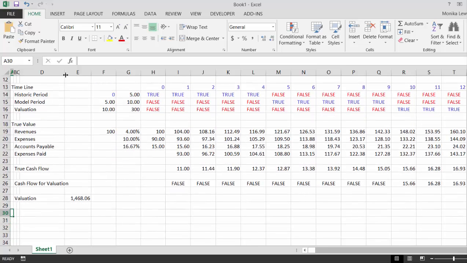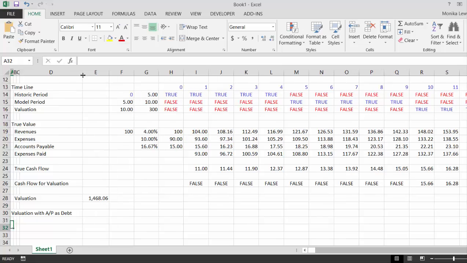Now, let's pretend, some people have said, well, shouldn't we model accounts payable as debt? It's not really different than any other debt. So why don't we make a valuation with accounts payable as debt. Now if we do that, here's what we would do. Over the model period, we'll go to the model period,